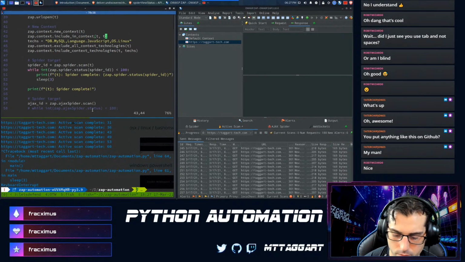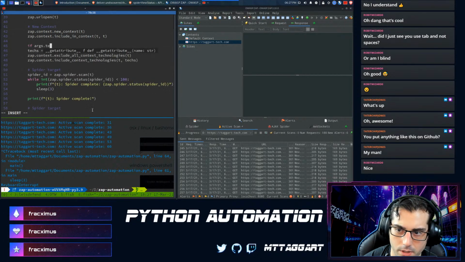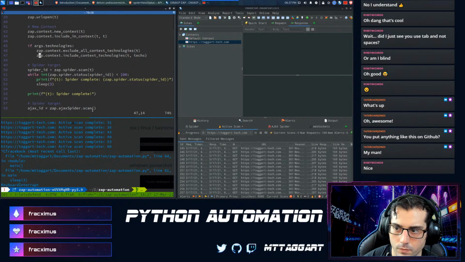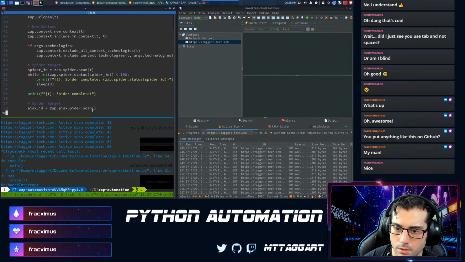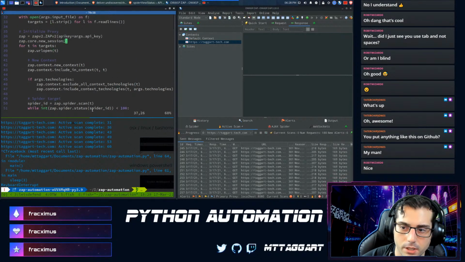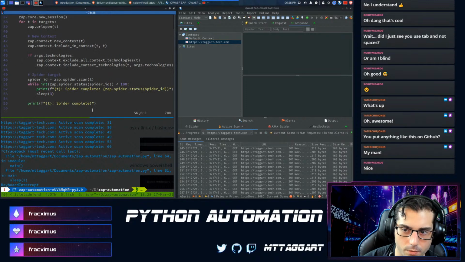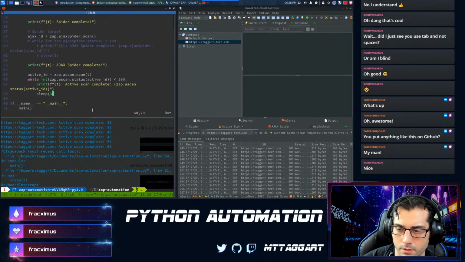So down here, we'll say if args.technologies. So if we don't include it, it'll just make the context as normal. However, if we do include it, it will specifically include just the technologies that we want to scan. Okay.